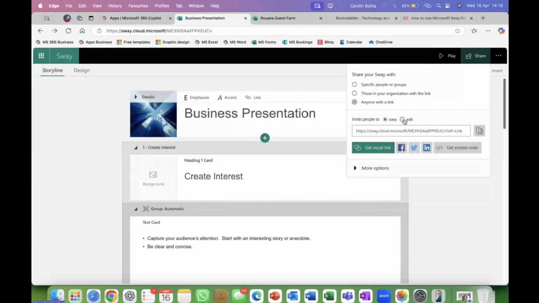If you maybe want to send it to a colleague to edit it a little bit and zoozh it up and change it and look at it. But if you want to send it out to your client or to your colleagues, you're going to do invite people to view, most probably with anyone with the link. If you send it in the organization, you will choose that option and you will copy that.